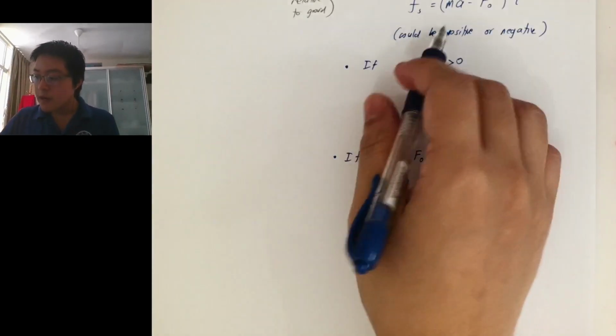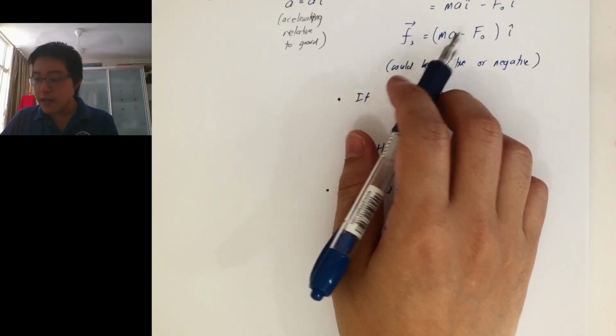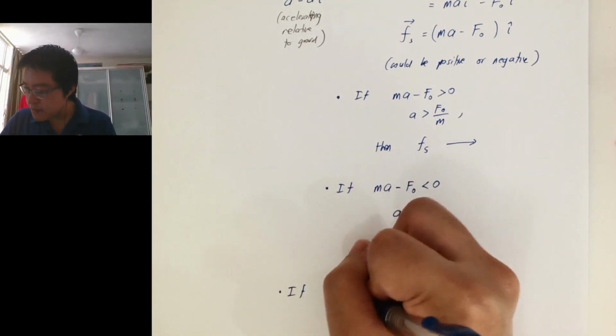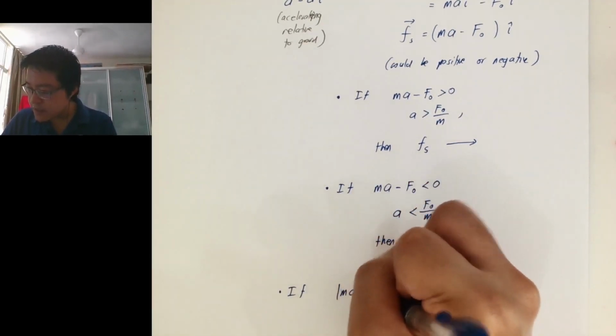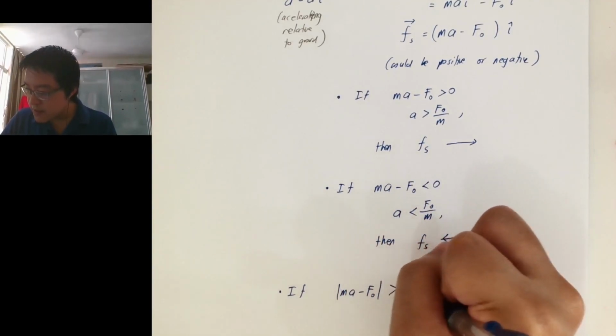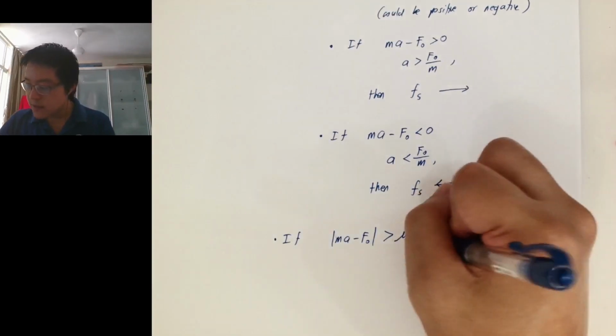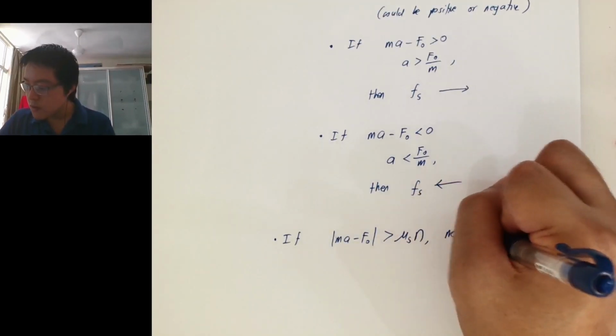On the other hand, the other case is if the magnitude of MA minus F is greater than the coefficient of static friction times normal force,